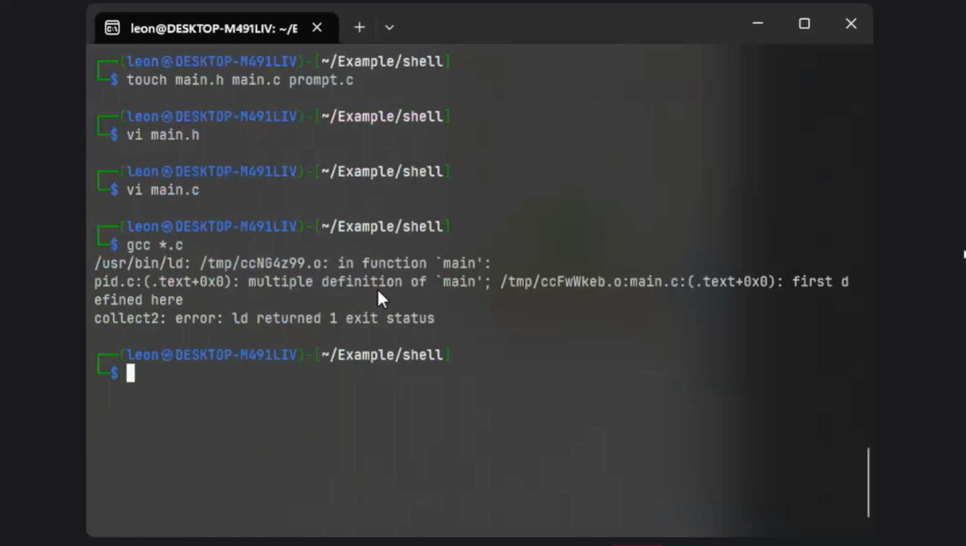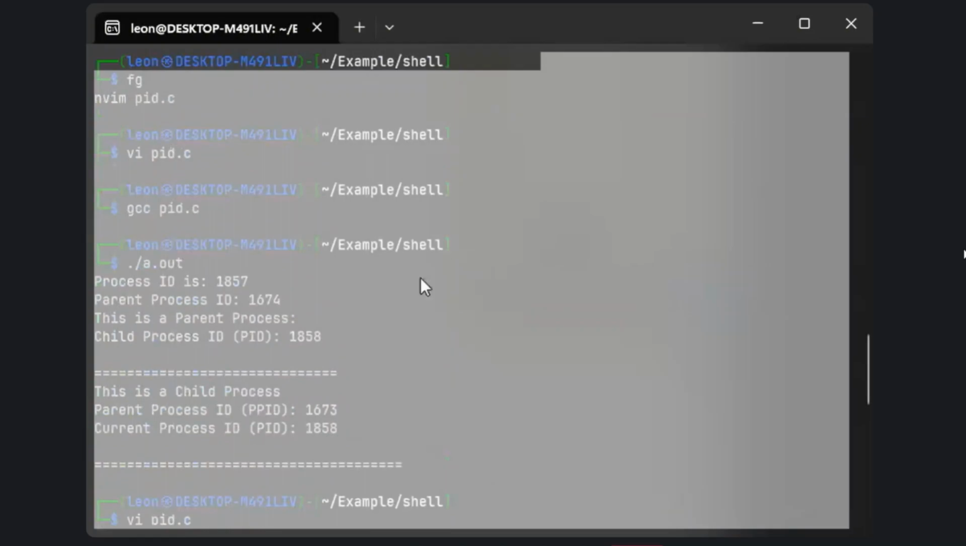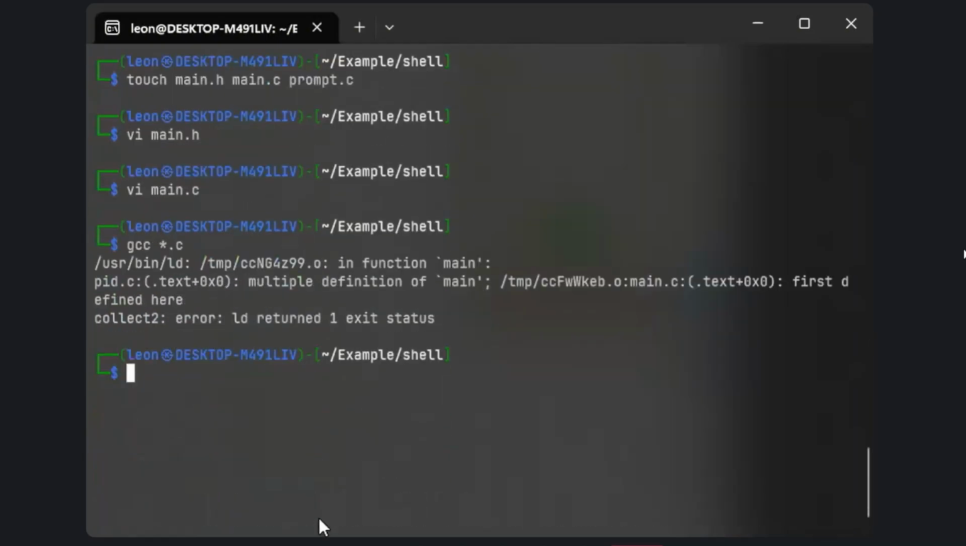Oh, hold on. Multiple definition of name. Oh, yeah, because I have PID also here. So it's actually adding PID to it. So let me move